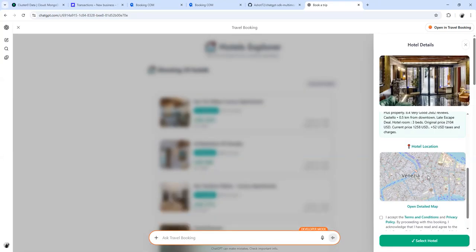Instead of displaying an interactive map on the page, we show a thumbnail image of the selected hotel area. The reason is that the ChatGPT app runs inside an iframe, and opening the map, which is also rendered inside an iframe, is blocked. There doesn't seem to be a way to configure it to allow this behavior. For that reason, we displayed the thumbnail, and users can click it to open a map in a new tab.